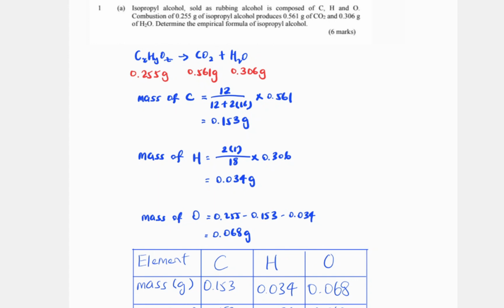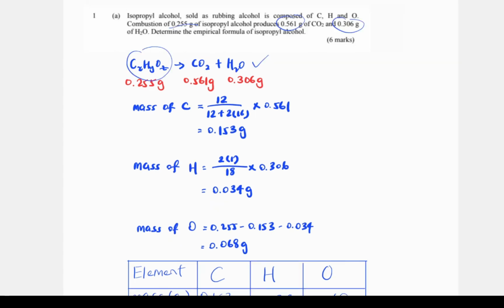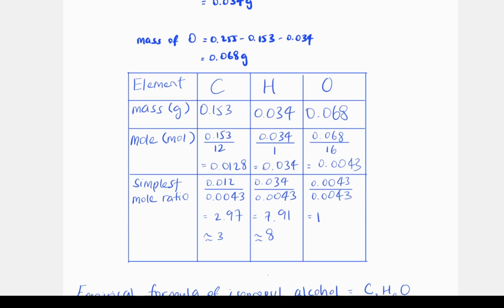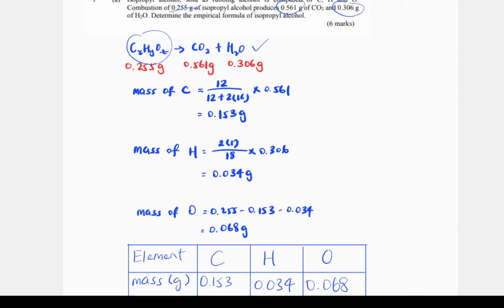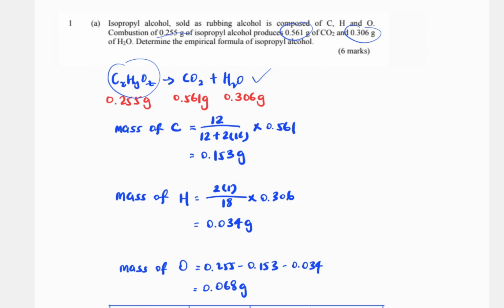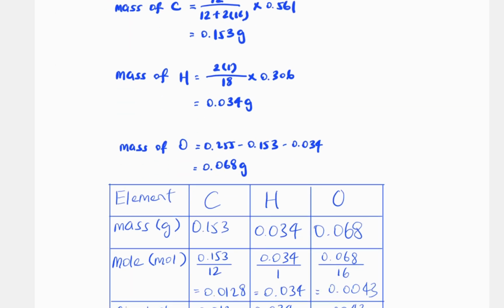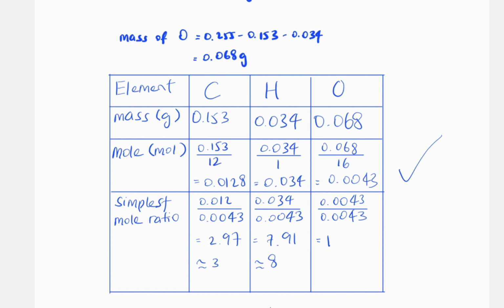And then the first step is we have to write down the chemical equation and then write down all the information provided by the question. The question doesn't provide us any chemical formula of the isopropyl alcohol, so we let it be CxHyOz first. And then in the end of the question, we will use this table to find the chemical formula of the isopropyl alcohol. So in order to find the empirical formula, we should use this table, and then we know that